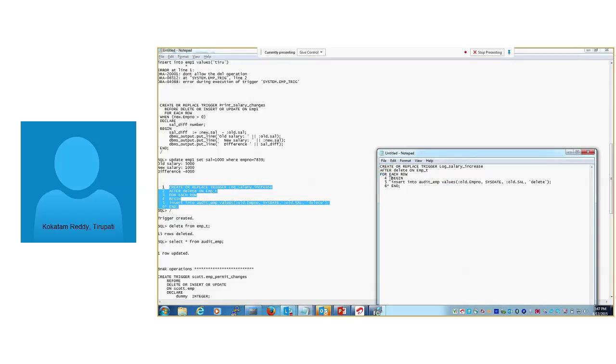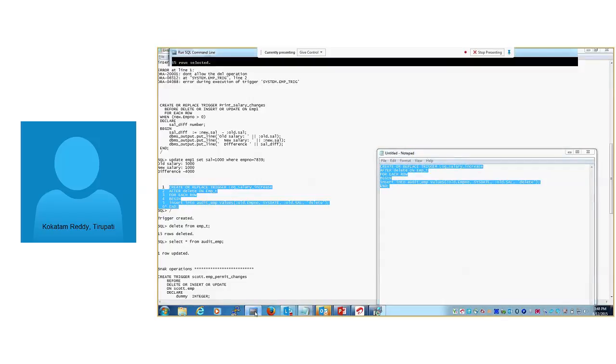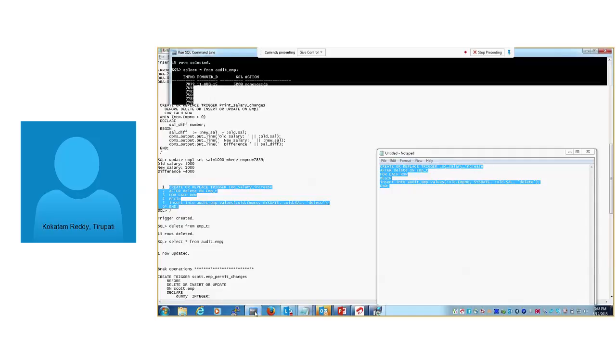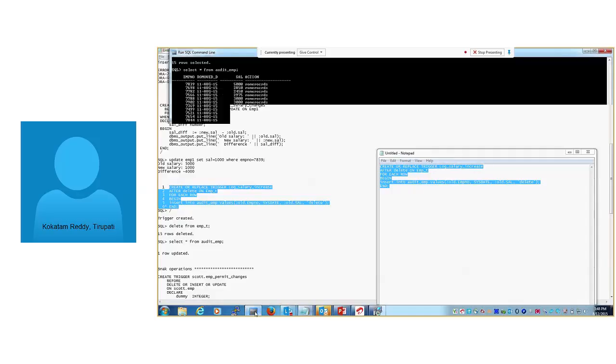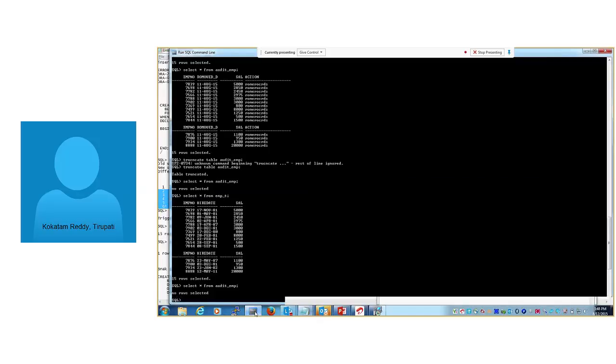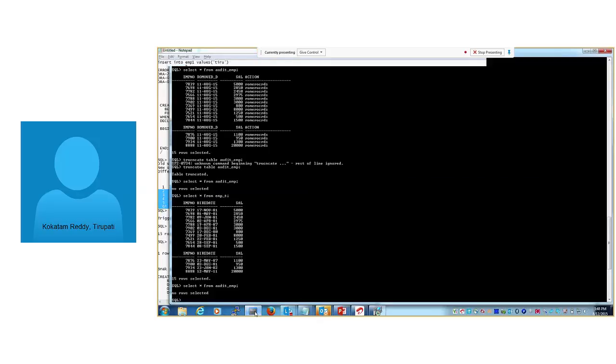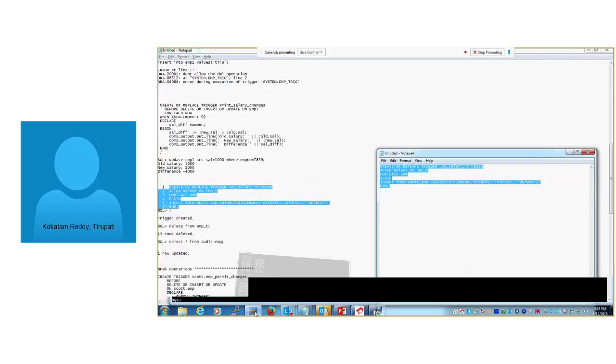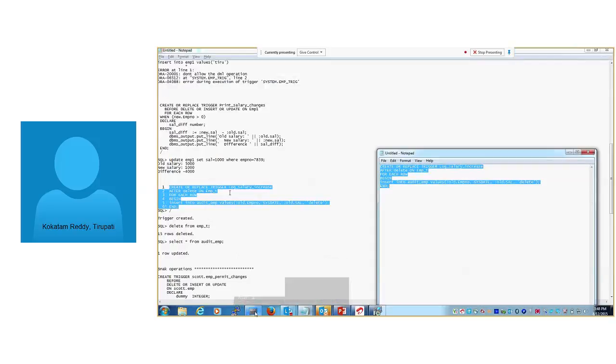Yeah. I'm going to execute this trigger. This trigger will work when a user performs any delete operation on the EMP table. At that time, the deleted records will move into the audit EMP table. These records we will get through the trigger. When a record is deleted on EMP_T, the trigger will fire automatically and retrieve the data. It will get the deleted records from EMP_T and put them into the audit table. The trigger does this entire process.